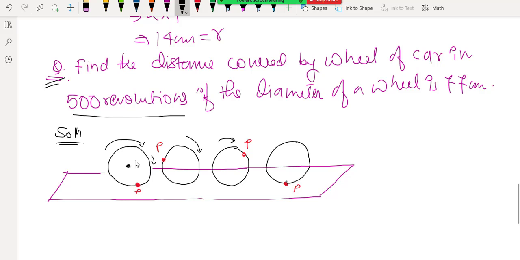ठीक है, अगर हम चक्के को रोटेट कराएंगे तो रोटेट करते करते जो हमने P पॉइंट लिया है, एक पॉइंट हमने मार्क कर दिया है, तो व्हील को अगर रोटेट कराएंगे तो एक समय बाद वो P पॉइंट वापस से अपनी जगह पे आ जाएगा। क्या आप लोग को समझ में आया मैंने क्या बोला? Yes, sir. ओके। जब यहां से लेके यहां तक जितना डिस्टेंस कवर हुआ, व्हील ने जितना डिस्टेंस कवर किया,